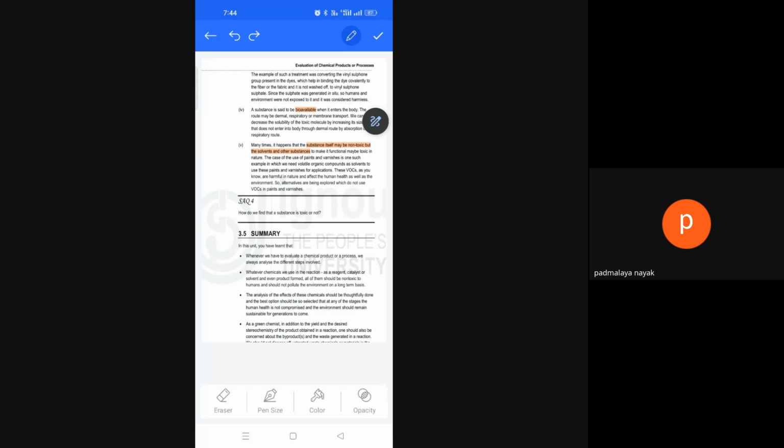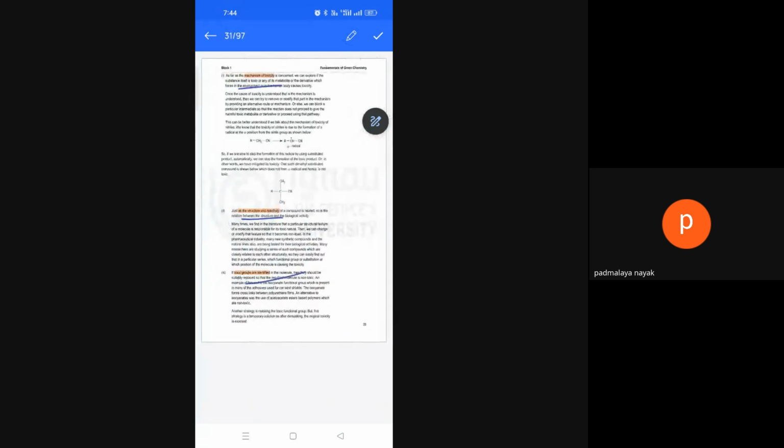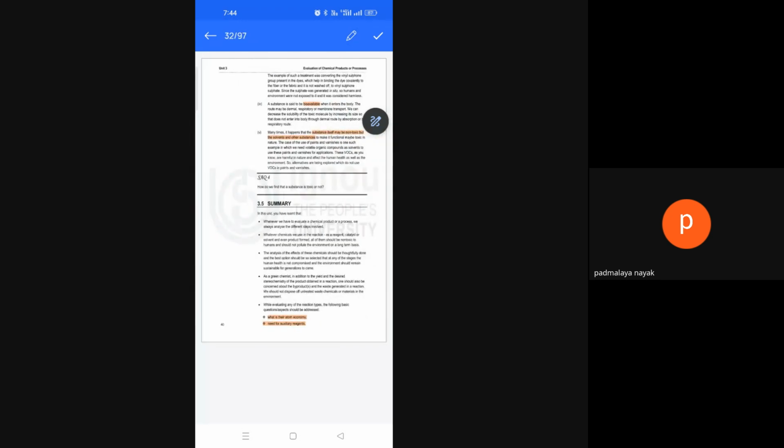Again, I am telling you such points. How can you remove the toxic product from your reaction? Mechanistic toxicity, from the mechanism pathway. Then structural activity, by changing the functional group. Toxic side product identification, you should minimize it. Then bioavailability, meaning it is suitable to the body and it can be transported inside and outside the body. Then another is the solvent or auxiliary substances which are very much toxic to human health; they should be avoided.